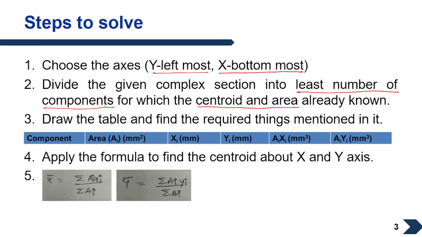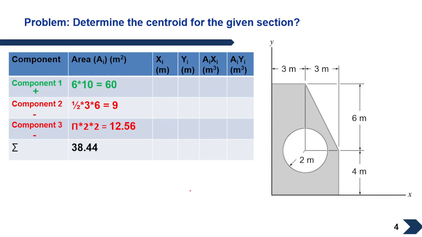Then you have to draw the table and find the required things mentioned in it. This table you have to remember and draw in order to find the centroid. And then you have to apply the formula to find the centroid about x and y axis. The formula is x bar equals sigma ai xi divided by sigma ai, and y bar is sigma ai yi divided by sigma ai. Okay, so let us start